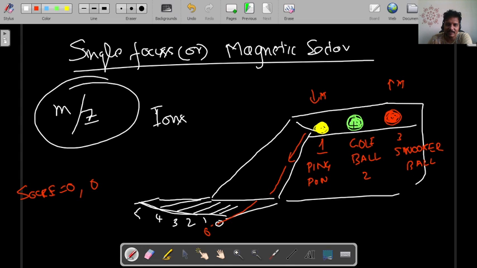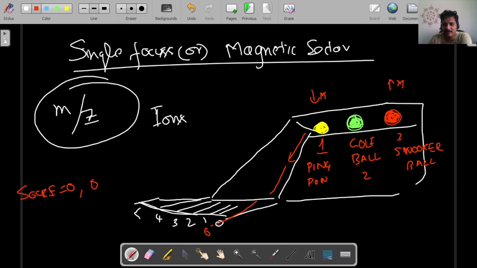The only thing that will change is how it moves on the ramp. The first one will free flow, it will take some time. The second one, because of its higher mass, will go somewhat faster than this one, and this will go even faster than that one. Whichever has a high mass will go at a high speed, whichever has a lower mass will go at a low speed.